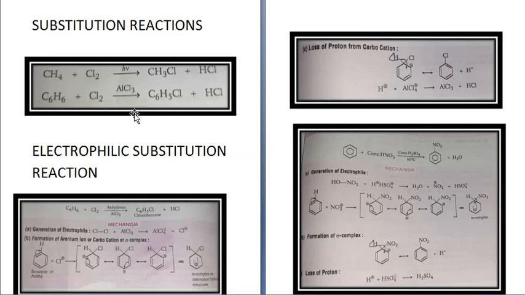It takes place in aromatic hydrocarbons. Now the first example of this is halogenation, addition of halogens. The halogen will substitute the hydrogen, like C6H6 plus Cl2. It will give you C6H5Cl plus HCl. C6H5Cl is chlorobenzene. Now what is the mechanism? The mechanism is that